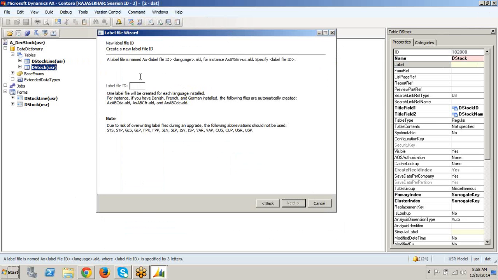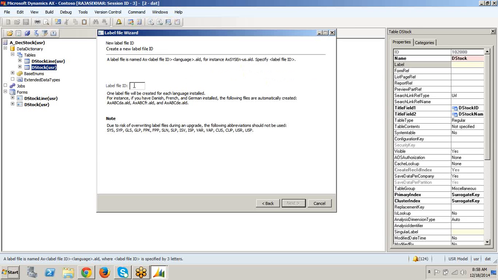A label file is named AX label file ID language dot ALD. For instance, AX SYS is a system defined label. EN is the language, English US, en hyphen us, and that forms the label file ID name.